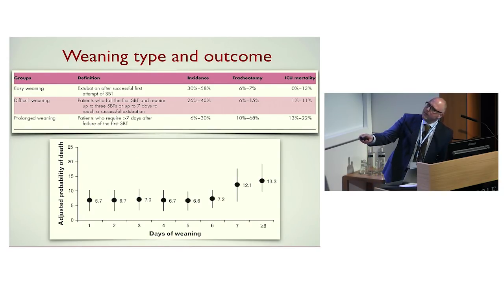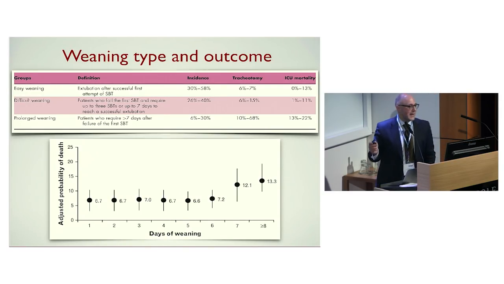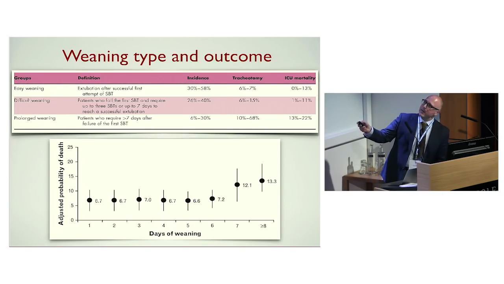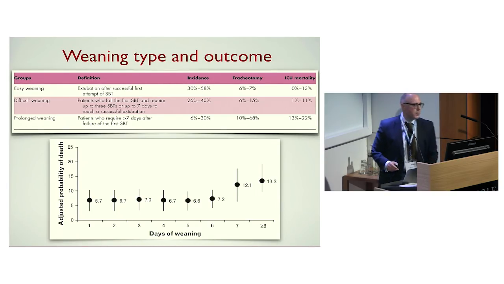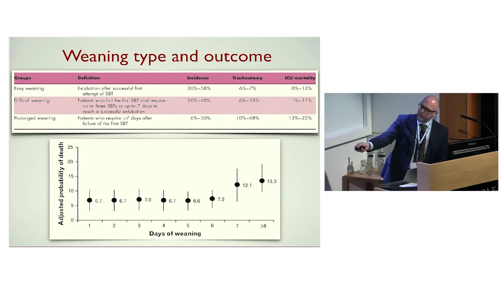outcome. So now you can see there on your left-hand side, easy weaning, difficult and prolonged. And you can see as we move from the easy to the more prolonged, the incidence goes down, so they're less frequent, more rare. But clearly the prevalence of tracheostomy increases and the ICU mortality increases. And if you see the probability of death there with the days of weaning, and you remember 7 days is the cutoff that goes from